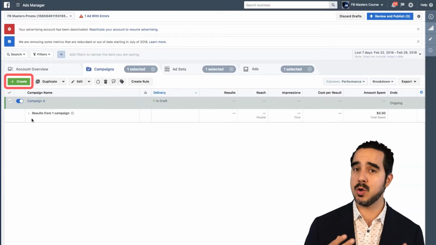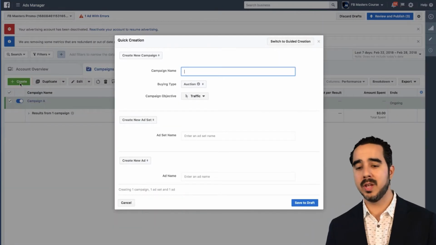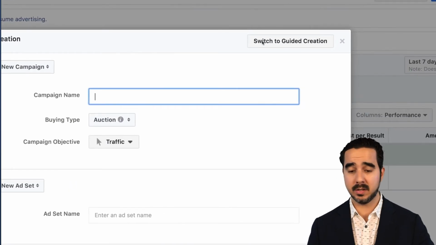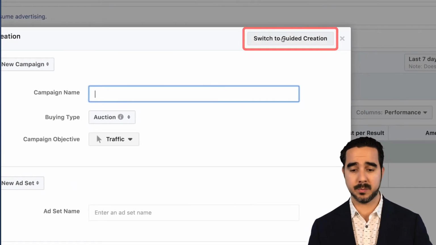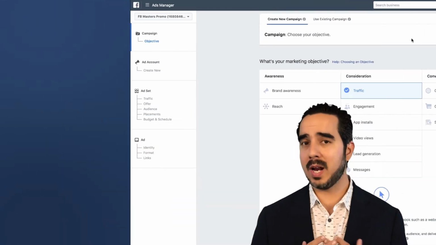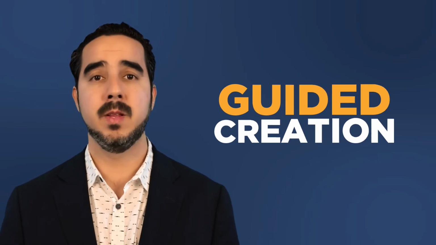Let's say I'm gonna create a new campaign. My other option on the Ads Manager is to go to something called guided creation. As you can see right here, there's an option on the top right that says switch to guided creation. When I select this option, it makes it simpler. This is what I like to use, especially when you're starting off. This is the option that you guys want to use to create your campaigns. Guided creation, because it takes you step by step from